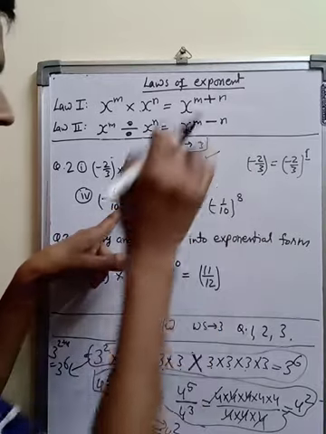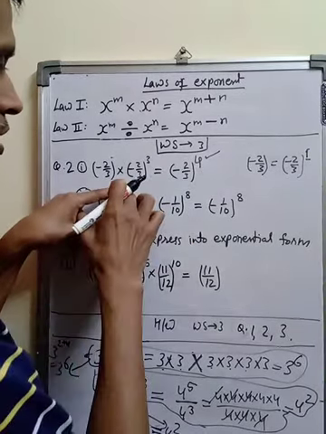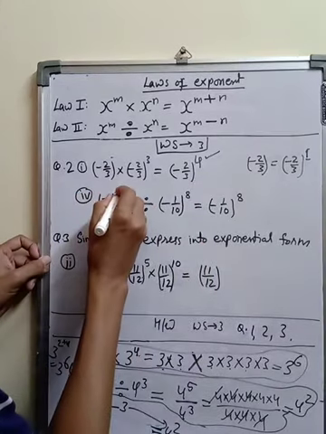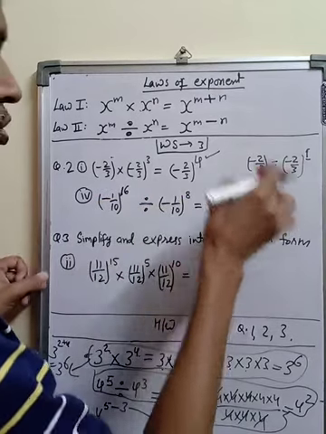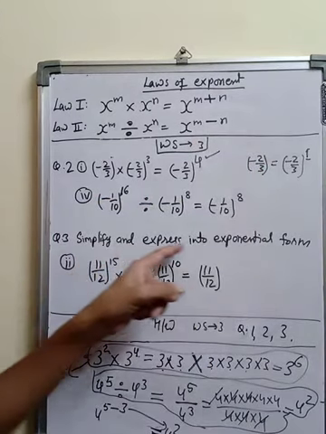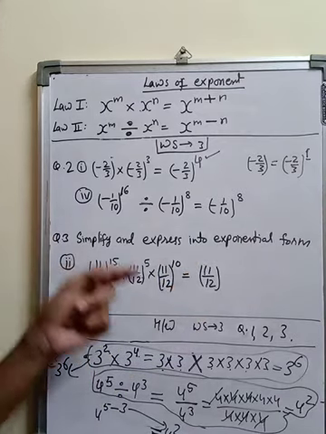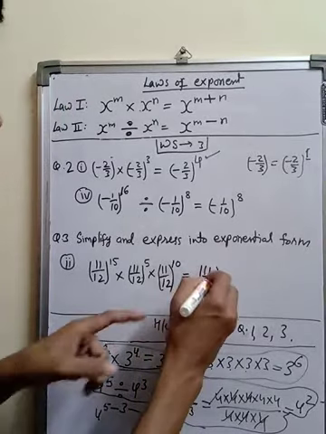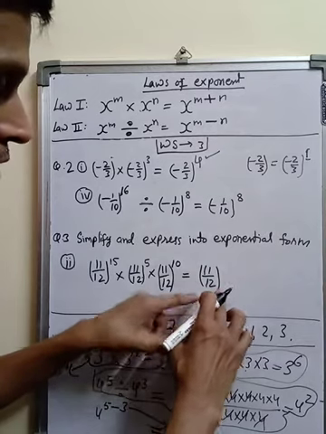Here you see, a division sign is there, which means we have to subtract their powers. Bases are same, we have to subtract their powers. So what should I write so that when I subtract this power we will get 8? Think over what I should write. This minus 8 is equal to 8. So obviously 16 will come. 16 minus 8 is equal to 8.